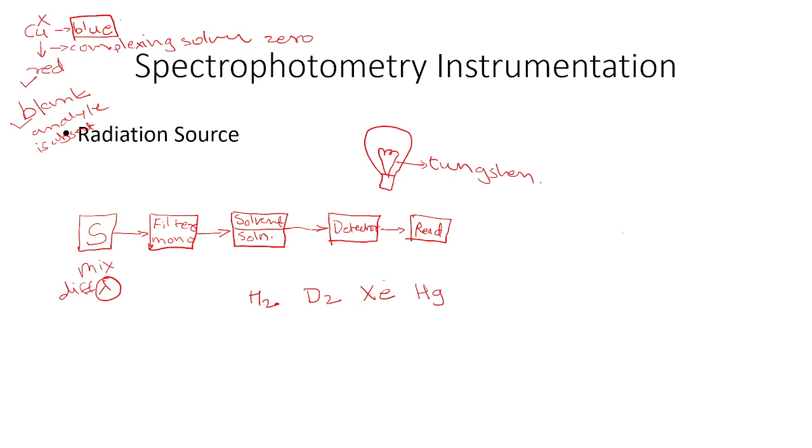So these are the different lamps which can be used. In hydrogen discharge lamp, hydrogen gas is stored under relatively high pressure. When an electric discharge is passed through the lamp, electron collides against hydrogen molecules, and this collision results in the formation of excited hydrogen molecule which emit UV radiation. Okay, means electric discharge is passed through the lamp, and already hydrogen gas is there, so hydrogen molecule get excited